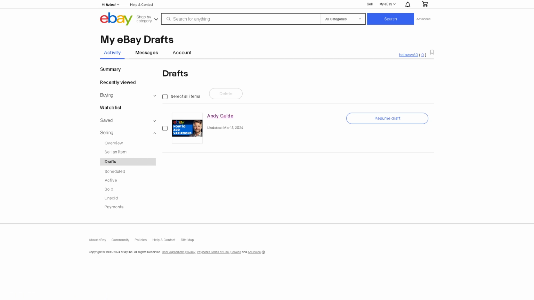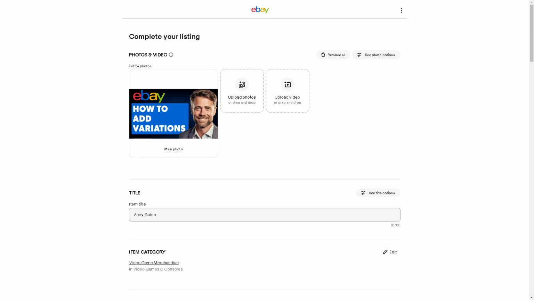Click on it, and as you can see, adding variations to your listings lets you use item specifics to group closely related items under a single listing. All right. Now, for example, I'm selling, let's say, a basketball. Now, I can create a single listing with multiple variations of different sizes, from small to medium, to different colors